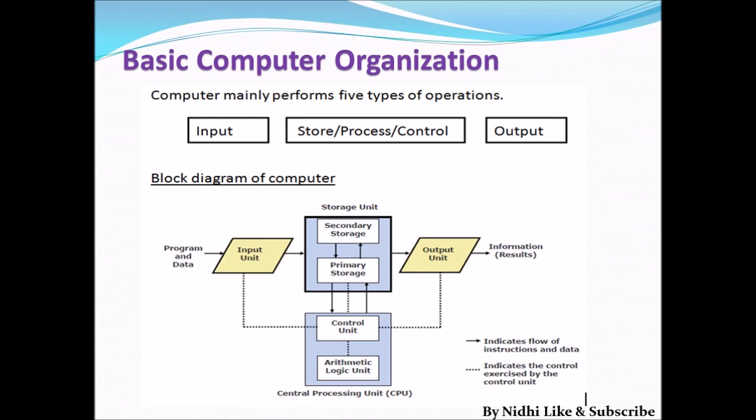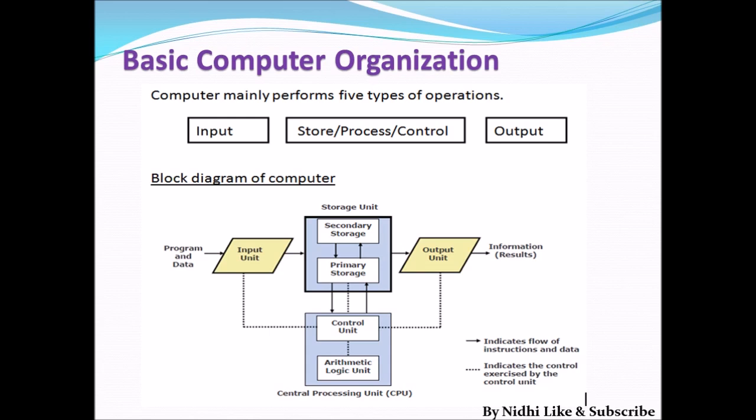So data is the input, and the processed form of data is known as information that we will receive from the output device. This diagram is showing the block diagram of a computer. The input unit and output unit we will discuss separately in the next chapter, chapter number 2. Here we are discussing the storage unit as well as the central control unit and arithmetic logical unit, that is, the CPU and memory units further.